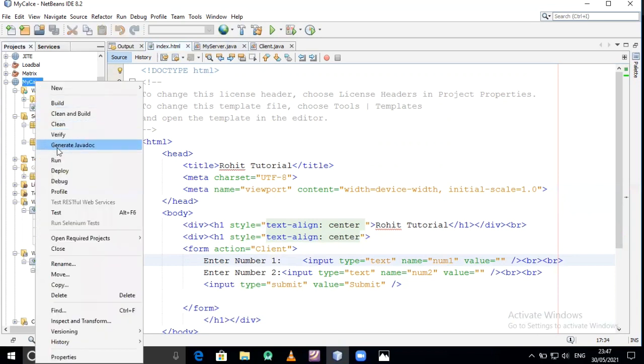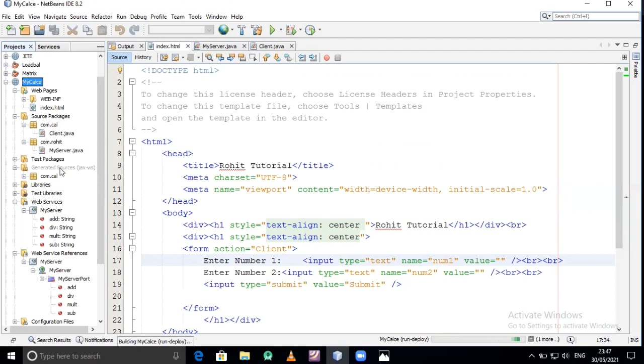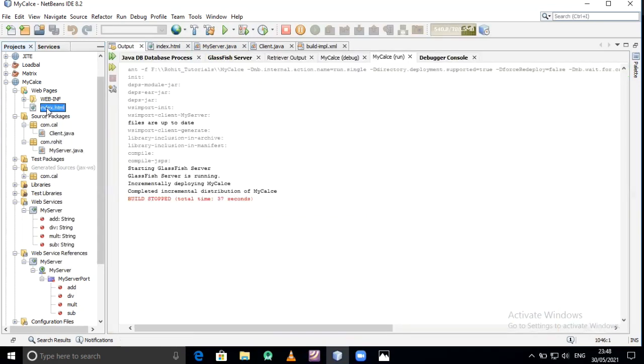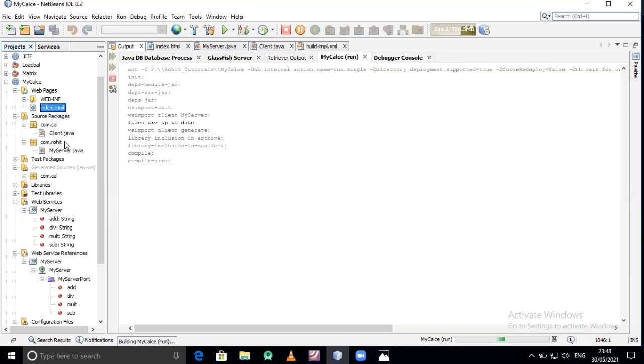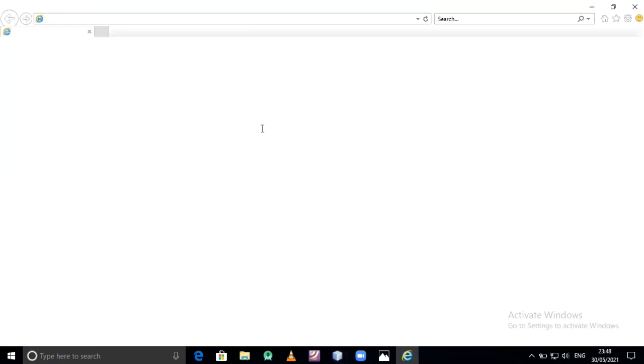Firstly deploy the project. Deploy completed. Now run the project. Press the index.html page. Build successful.